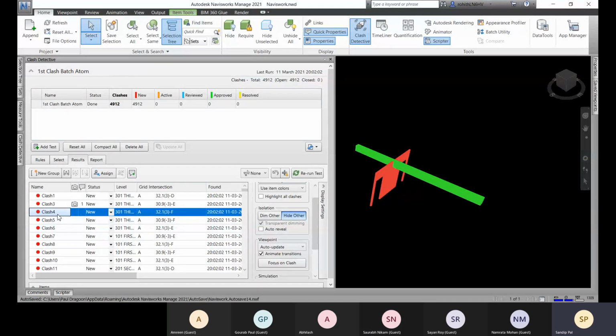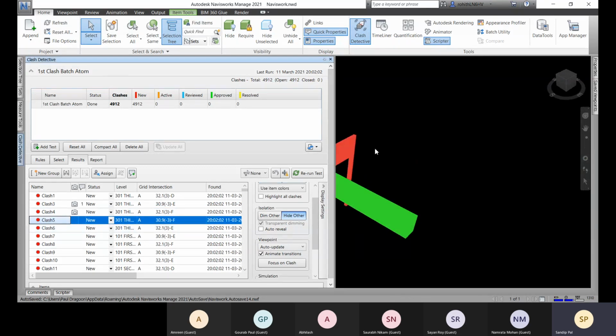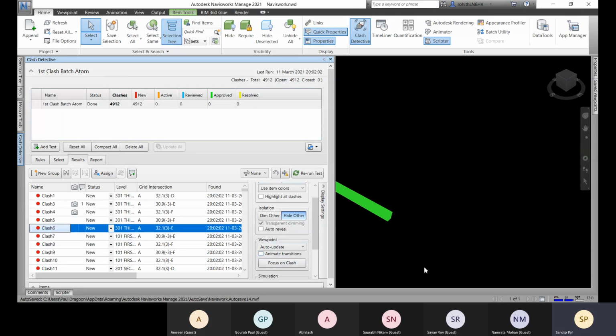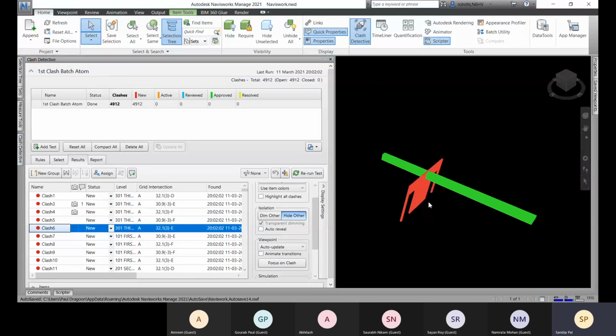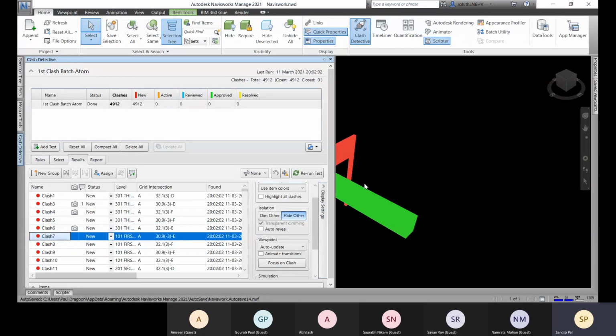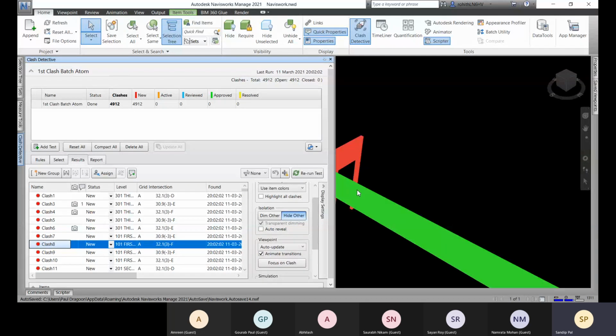So here you can see that when I'm switching from class 4 to class 5 or to another, it will come up this way. If you don't check this, it will come normally, like this. It will just switch into that class. But when you go for this animate transition, it will come up like zoom out and zoom in. So this looks better, so you can go for this animate transition.